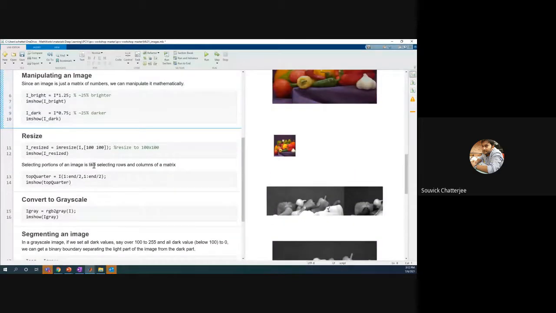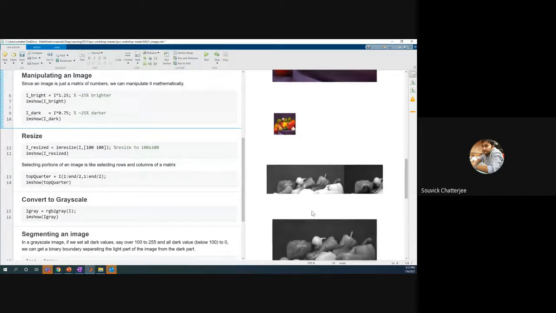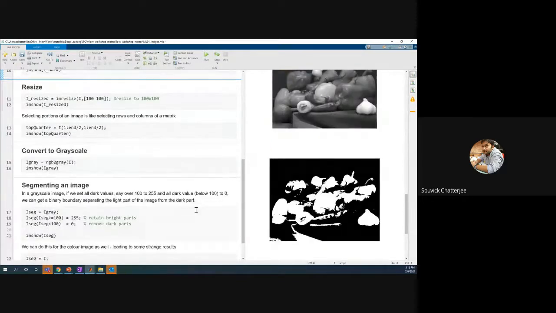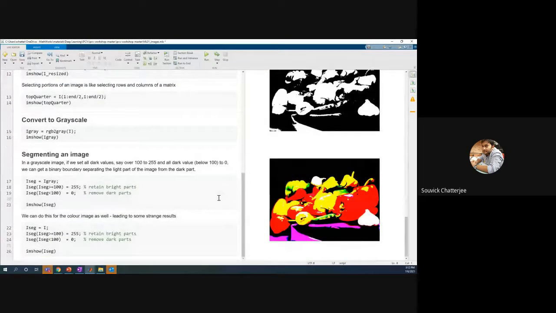We can also resize the image. We can convert to grayscale, which we have already mentioned. We can binarize the image. We can have only the bright parts. We can have certain specific colors, if you want only reds, or only blacks, and things like that. We will come to a little more about segmentation in a while, but this is to get started on image processing. If you have MATLAB installed, you can play with these images. Read these images and start playing with them. Find out the matrices, just remove the red color, maybe remove the blue color, and so on and so forth. You can keep on doing these things.